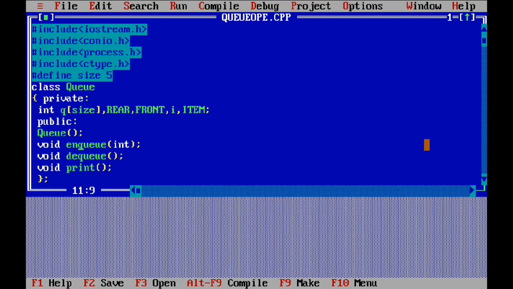When I say void, the function does not return any value. When I say does not return, where does it return? Whenever we return a value, it is returned to the calling function, that is, the function in which this function is called. So when I write a function call in main, at the place of the function call, it will return a value if the return type is anything apart from void. So void means the enqueue function does not return any value,